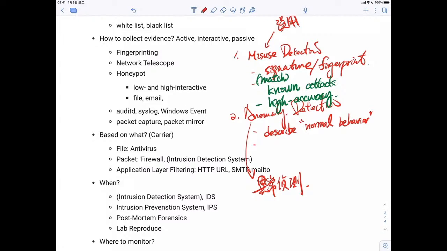And then if some packet or some file comes into your system, you check it against the normal behavior, the normal model you define in your system. If they are deviated, 就是很远相异的意思哈。